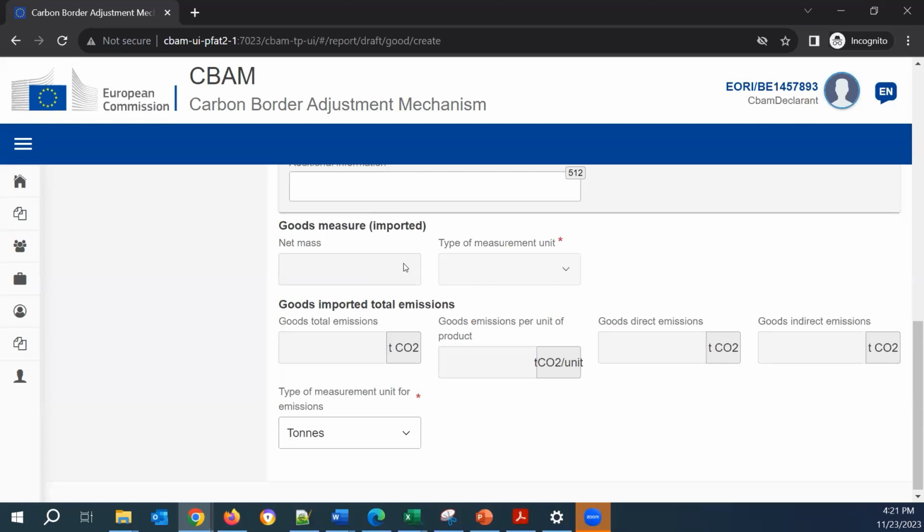Because these are calculated from the declared emissions, from the quantities that are declared in the emissions level. And as you can see, we have also another section here, the goods imported total emissions. And again, these are disabled and will be calculated from the emissions level.